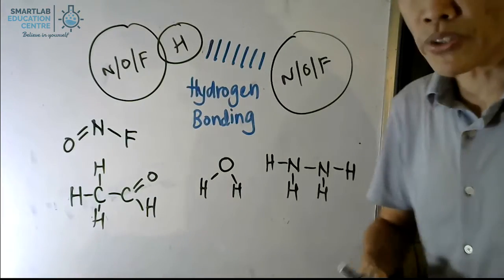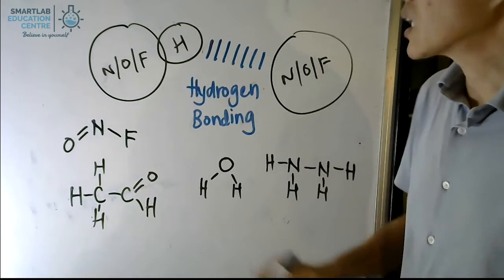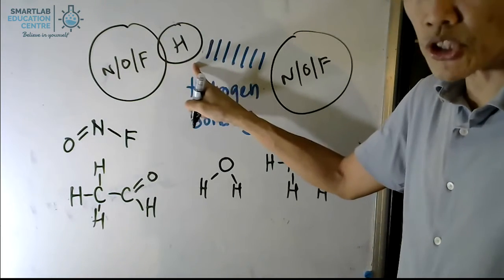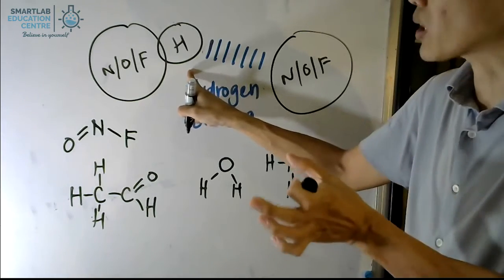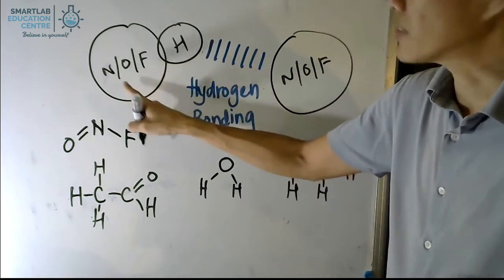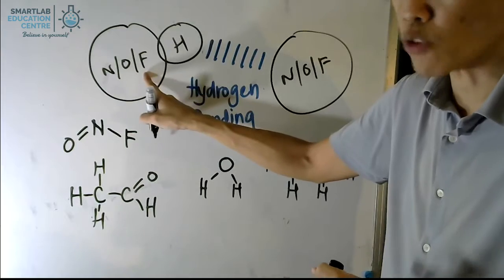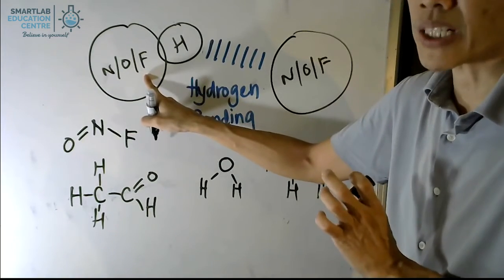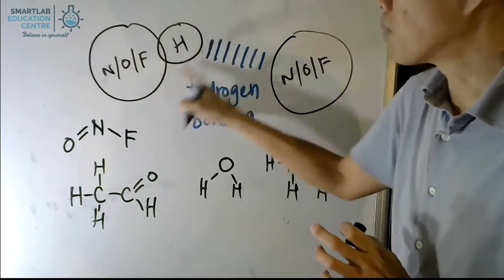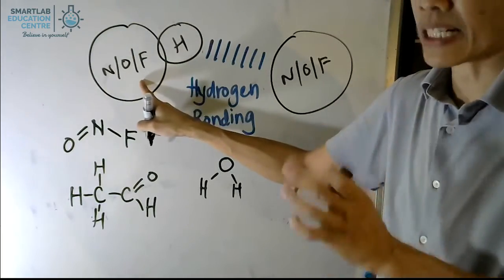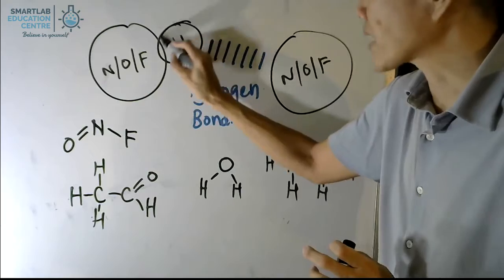Let's take a look at hydrogen bonding. Hydrogen bonding occurs between an electron deficient or protonic hydrogen. In order to get an electron deficient or protonic hydrogen, it has to be bonded to nitrogen, oxygen, or fluorine, the three most electronegative atoms in the entire periodic table. Because by chemically bonding with these three highly electronegative atoms, it actually bankrupts